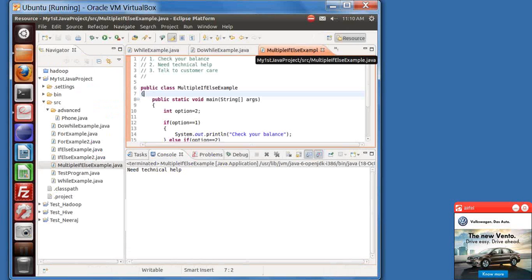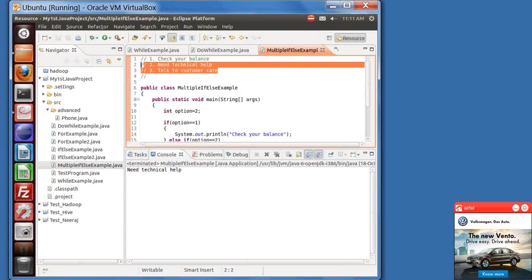So now the same example which we have done currently, that is 1 for check balance, 2 for need technical help, 3 for talk to customer care representative. The same example we will be doing now, but with a different technique, that is switch case. We will not use if else. So I want to just copy these 3 lines so that we can paste them there as well. These 3 lines are just for our understanding. You can delete them, your program will still work fine. Okay, so I will copy them. Yes. I will go to source